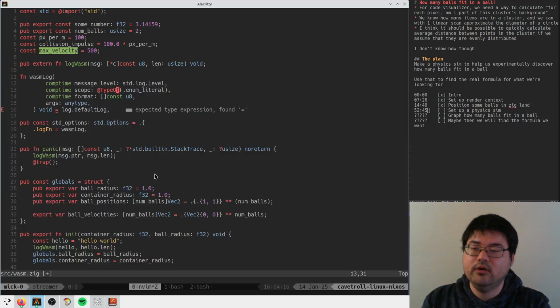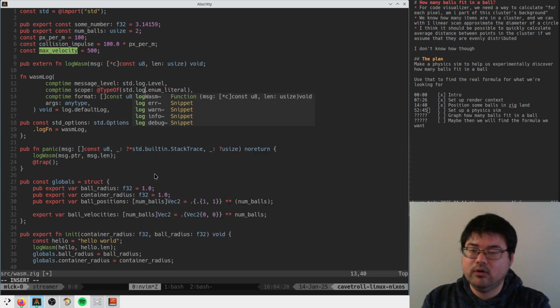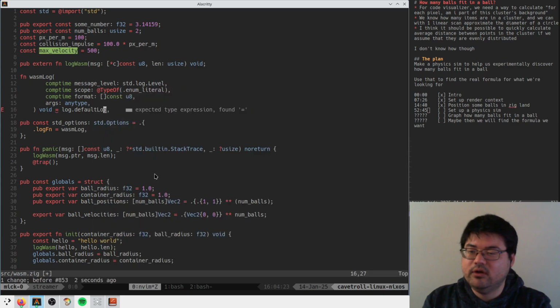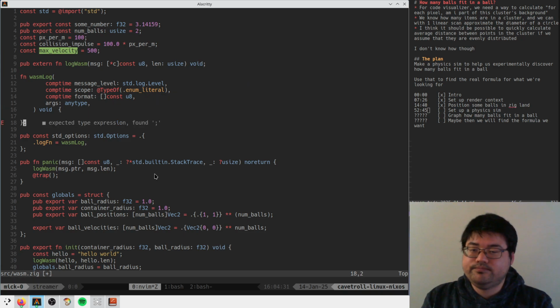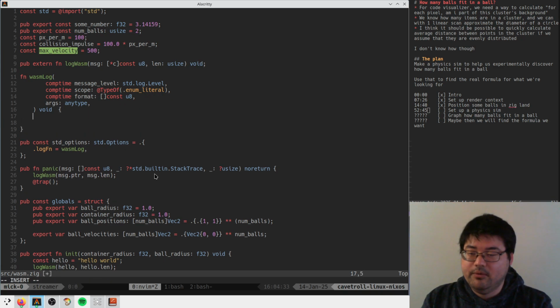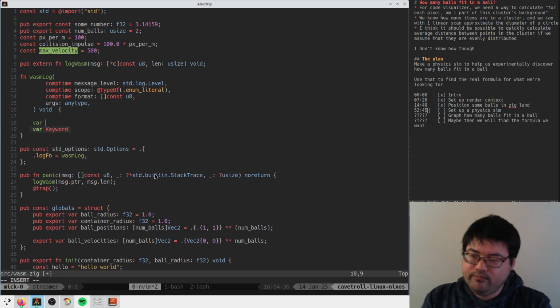Okay. What is this? Type of enum literal? I don't understand. But we'll see. Okay, so we do like